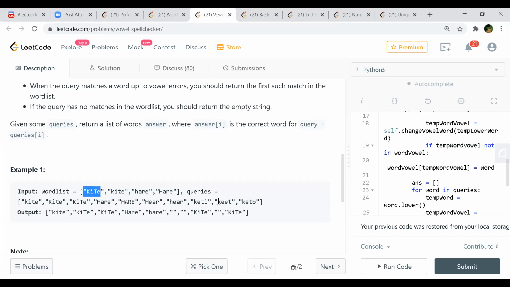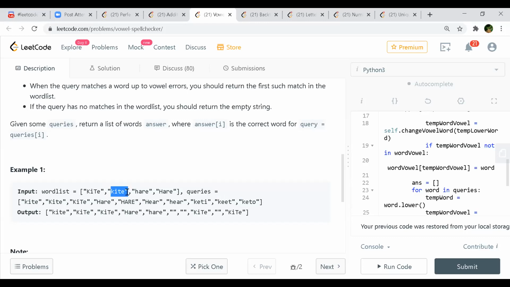Then there is no such word as double E, KEET. And for keto, we can replace I with E and O with E, and we'll find this one. But in this KETO, all are lowercase, so he could have returned small KIT, right?